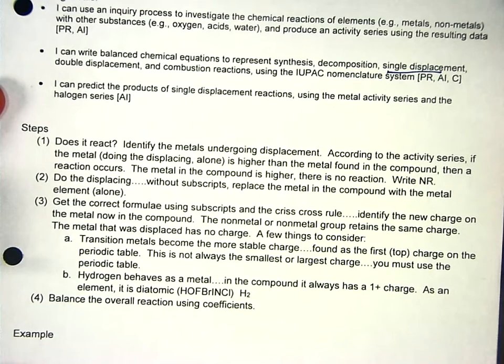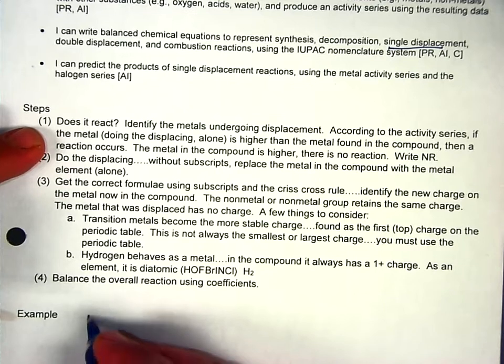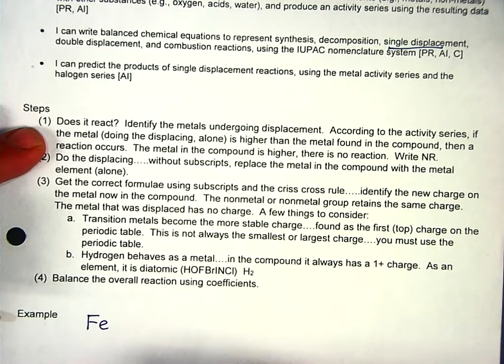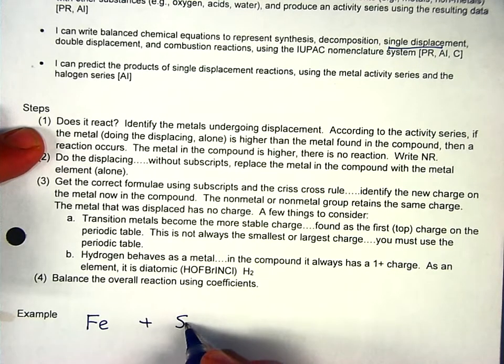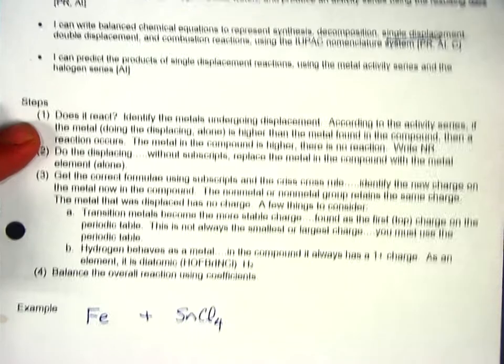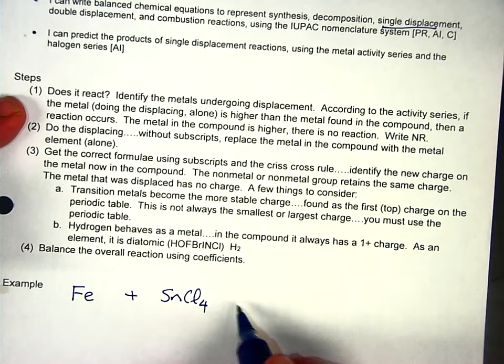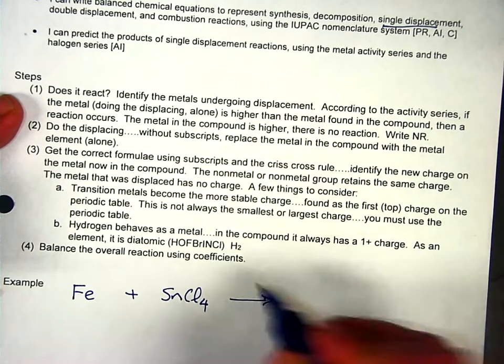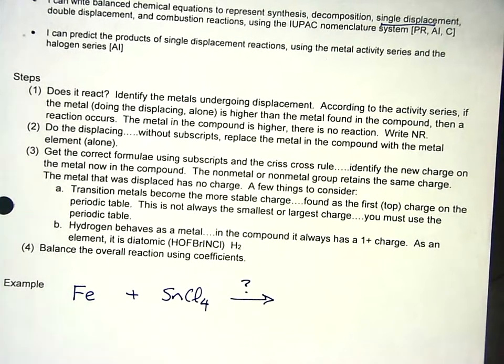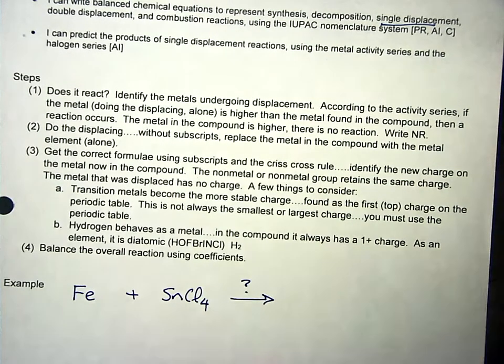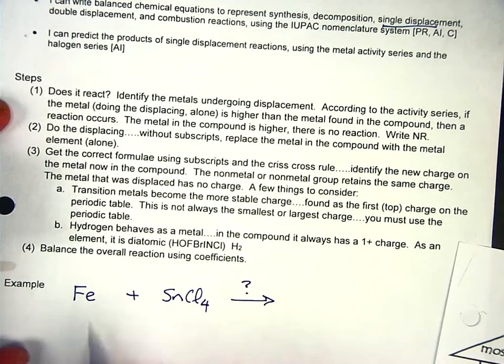To start with, there are several steps that we need to look at. First of all, when you're given an example, I'm going to give you an example here, so we'll write it down. Iron, and we want to see if iron is going to react with tin chloride. Okay, so does it react? That's the question. How do we know if it reacts or not? Well, the first thing we want to do is see which one's more reactive in terms of the two materials